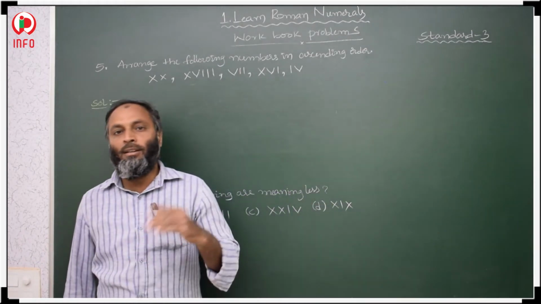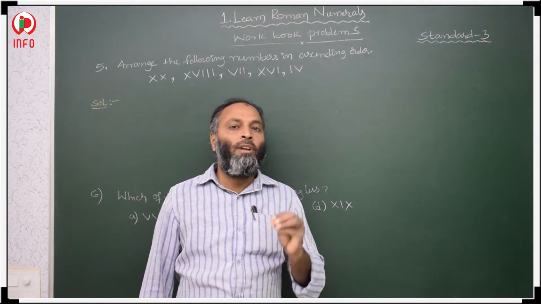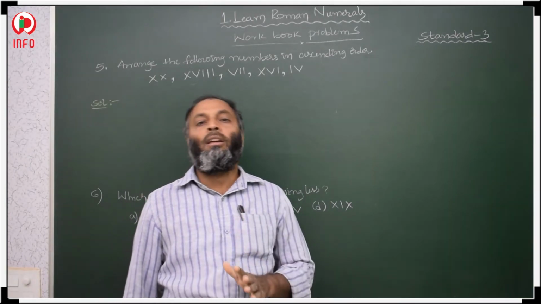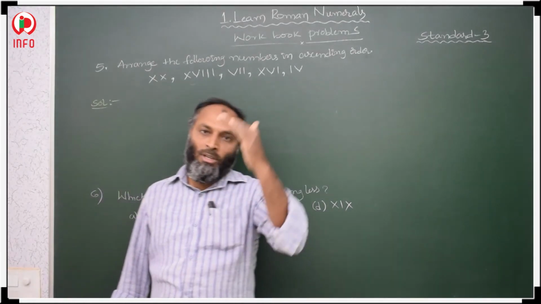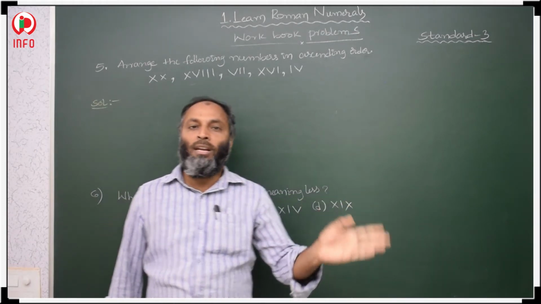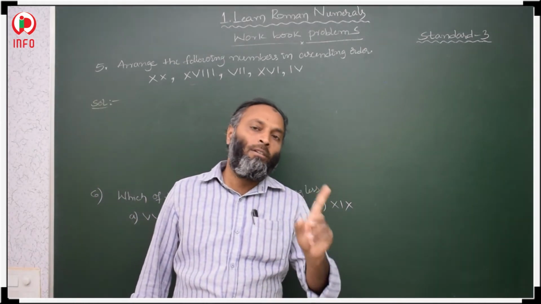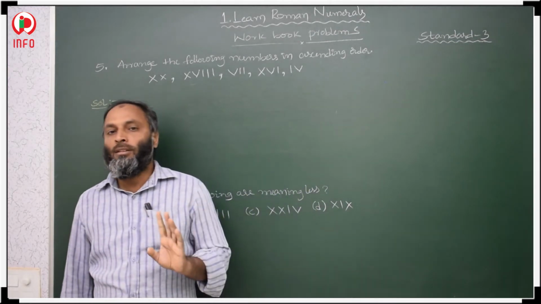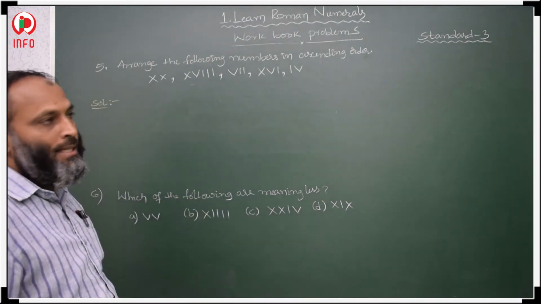Either it is ascending order or descending order, according to that, if ascending order is given, then you have to write in increasing order. If descending order is given, then in decreasing order. So this is the only difference between ascending order and descending order. The method you are doing is the same for both, no change. Ascending order you keep in increasing order and descending order in decreasing order. Okay, now arrange the following numbers in ascending order.